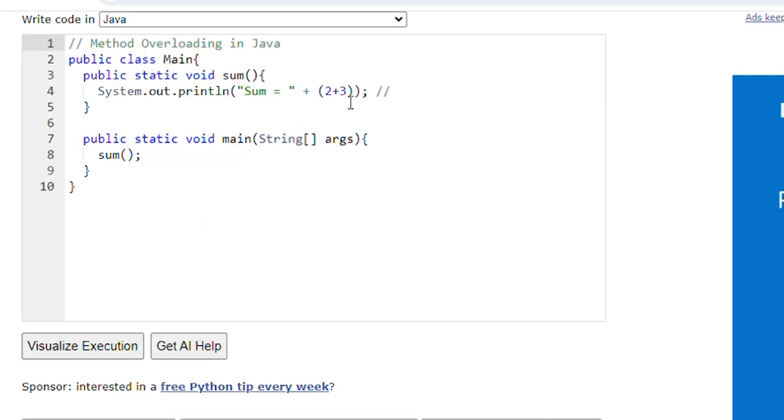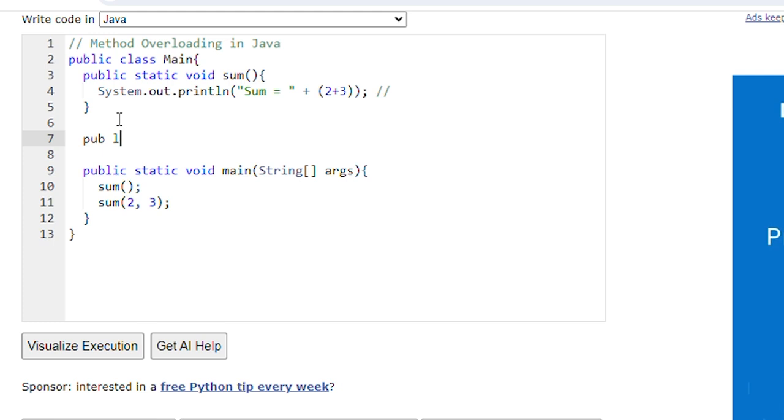Now suppose I want to pass parameters from the main method itself, suppose I want to pass parameter 2 and parameter 3. But this sum method doesn't have any parameters, so it will not accept 2 and 3. We have to create a sum method which can accept 2 and 3 as arguments in the parameters. Like we can have another sum method, public, int a, int b,